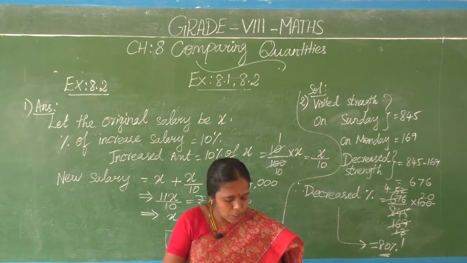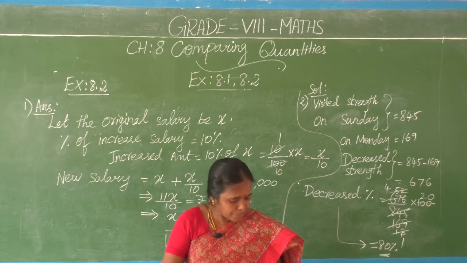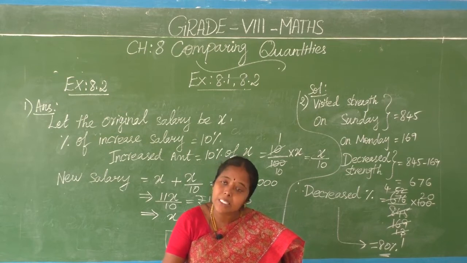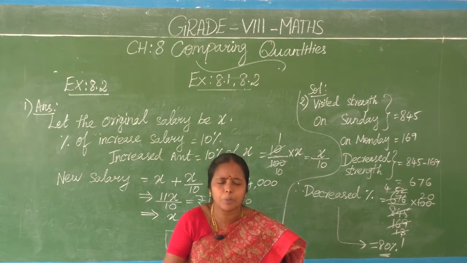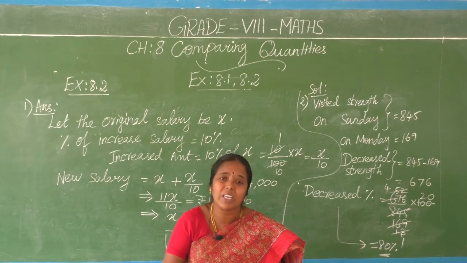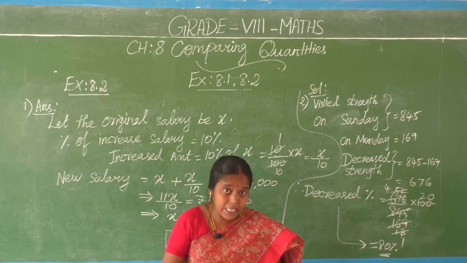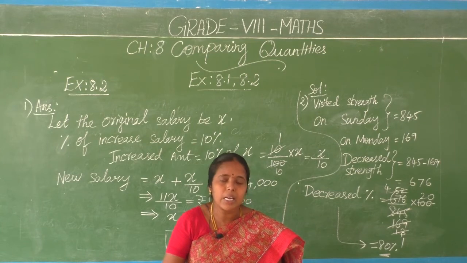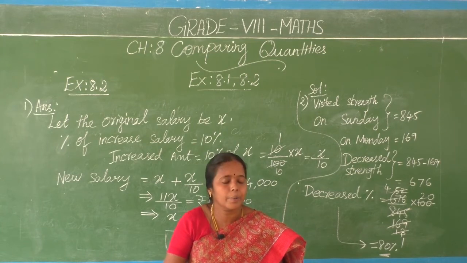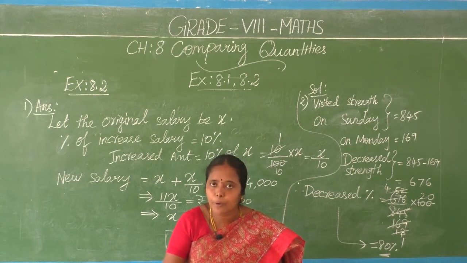So what to do? First of all, what is given? The cost price of 80 articles. Then the profit percentage is given. From that profit percentage, immediately what to do? Profit percentage given means we have to find the profit amount. How to find the profit amount? First of all we have to find it, and then the selling price of 80 articles, after that the selling price of one article. What am I going to do here?